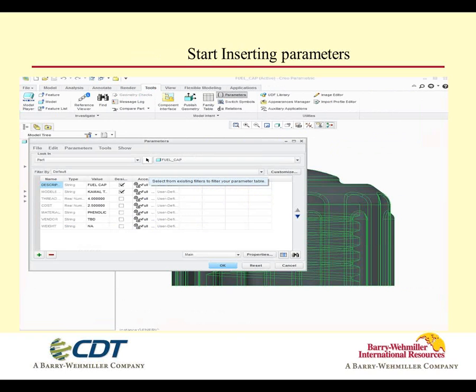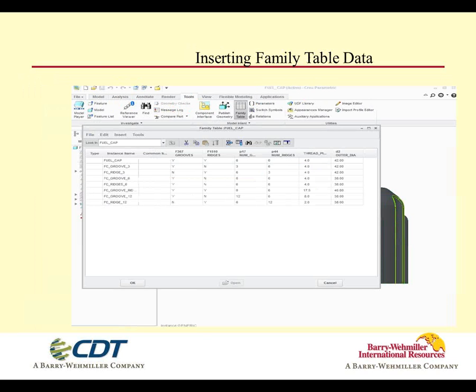We can also get into defining the parameters themselves within the part and within the assemblies. So we can look at how these actually look. You can bring them into the family table and allow them to come through. So we should see a family table that looks like this, where we have maybe an FC group 3 and so on and so forth. And we'll take a look at this family table, and we'll insert this whole table right into the